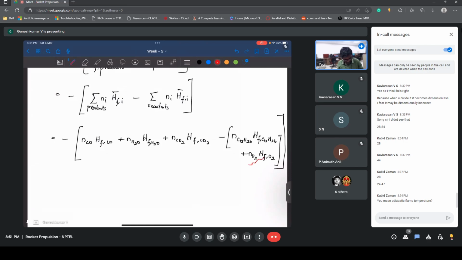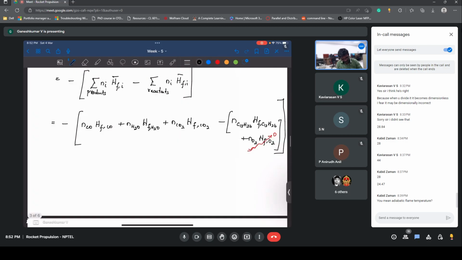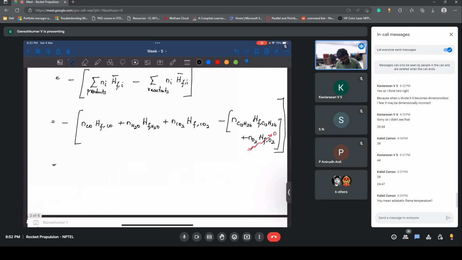So for the elements, you see, elements in their naturally occurring state, for example oxygen is going to naturally occur as a gas at standard conditions. For those, the formation enthalpies are zero, so that's why we can take formation enthalpy to be zero. So these are tabulated values. You can take them from the literature, or they have been found experimentally. Okay, so if we try to do this,